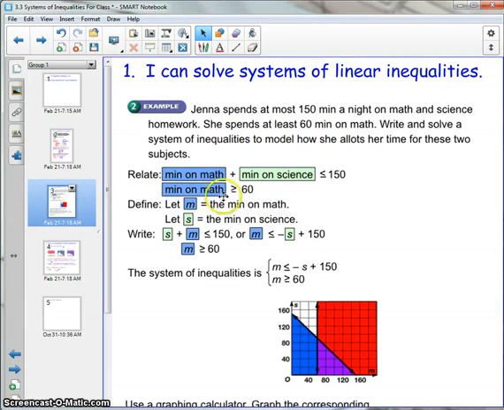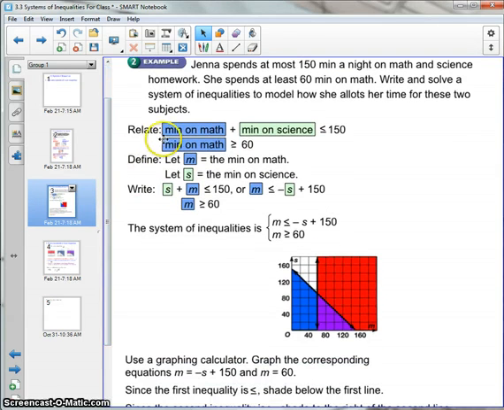So once we have that relation happening, then we want to look at how to define our variables. So we're going to let m equal the minutes on math and s equal the minutes on science. From there, we can take our relation of what was happening in this problem and set up our equation. So you have s plus m, which we get here, s plus m, and that is less than or equal